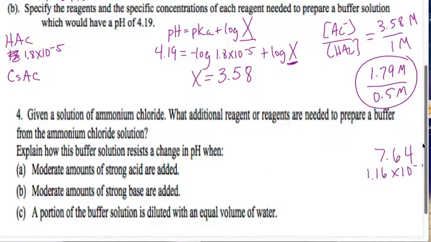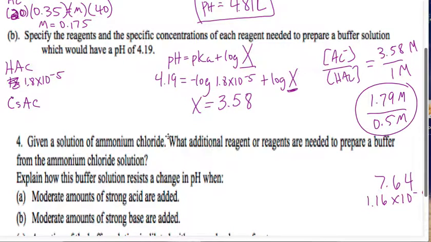Okay. All right, so what would your answer be? I would say we'd need, which one do you want to use, 3.58 or 1.79? 1.79. So we would need 1.79 molar cesium acetate with 0.5 molar